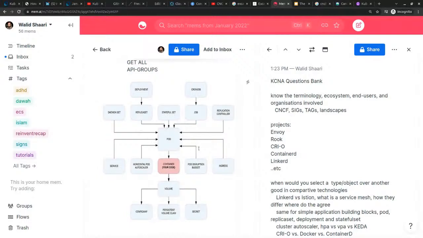If it accepts connections, I might create this object, the service, which is basically like an internal load balancer. This one will have a static, permanent IP that other services or other pods can connect to. And how do I know about the service? Oh, there is a component called CoreDNS. It used to be called Kube DNS; CoreDNS is the one used right now. And this provides service discovery. And you can see that I'm linking concepts together. If you can link the concepts together with each other, it would help in the long run.